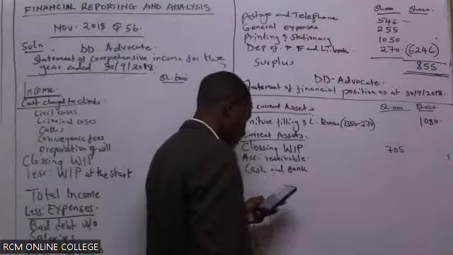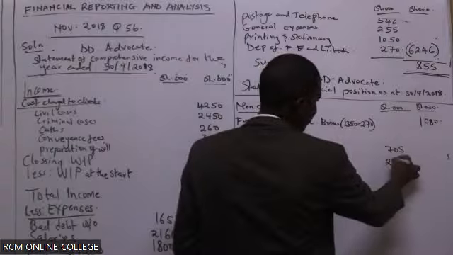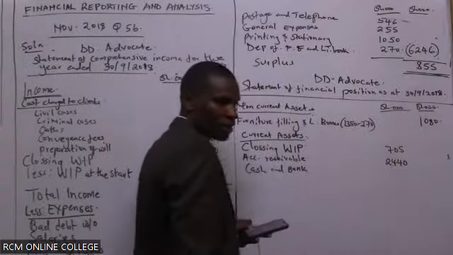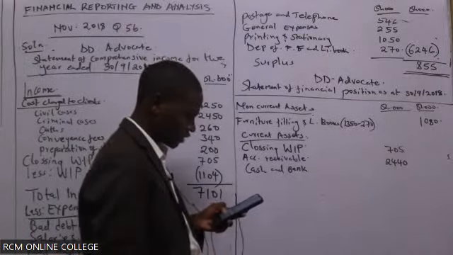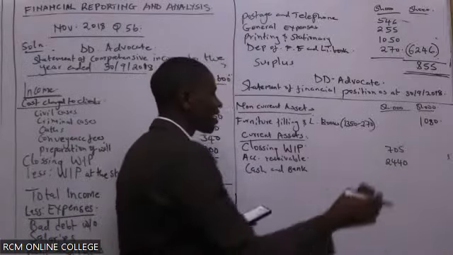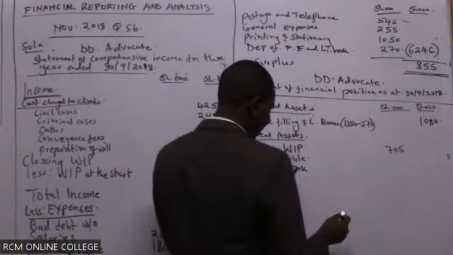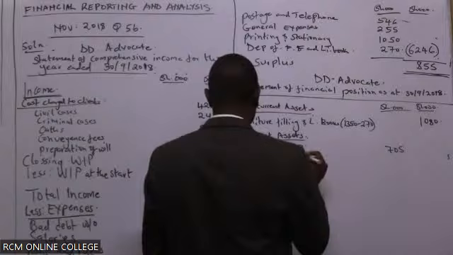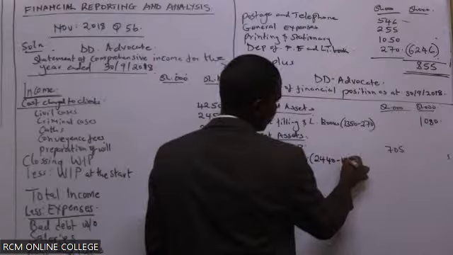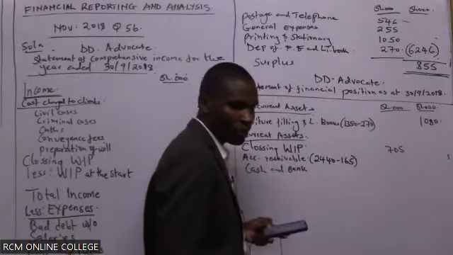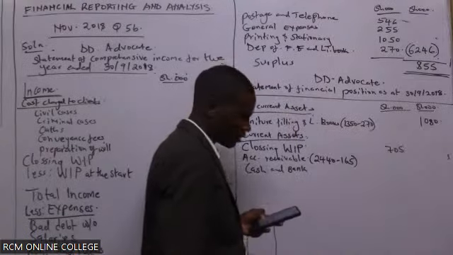Account receivable ni ngapi? 2440, right? I hope that is the correct one. I've not messed that. 2275, hiyo ni cash, right? Hiyo ni total ya cash, right? Hapana, tuwezi record hivyo na tuko na bad debt written off. We cannot record that. 2440 minus 165. Yes, thank you so much. So it will be 2275.